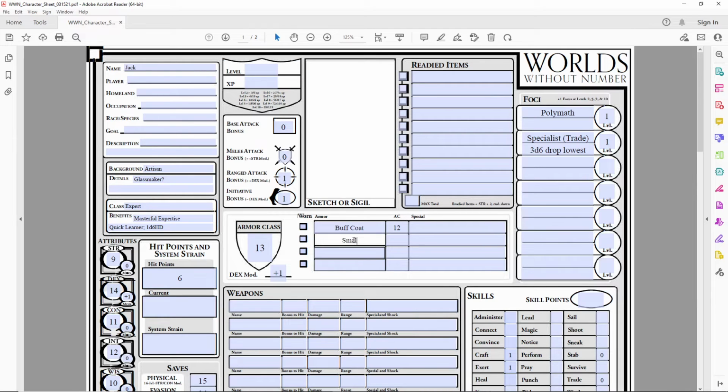We have a small shield, so there's some benefit there. Now I'll point out that this makes it 13 when being held, which really makes our armor class 14, which kind of makes the buff coat a little less relevant. But the other thing that a shield is going to be able to do is